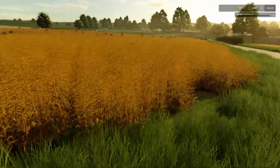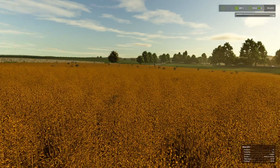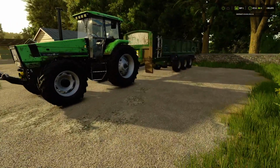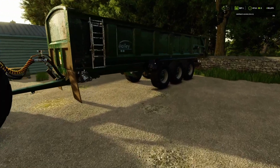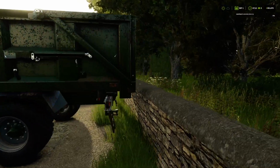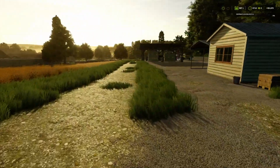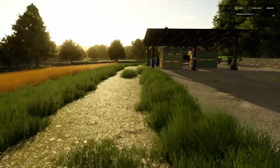The linseed today is ready to go. I have done a bit of prep last night. I brought that pretty close, didn't I? So I've put this in position. I do need to